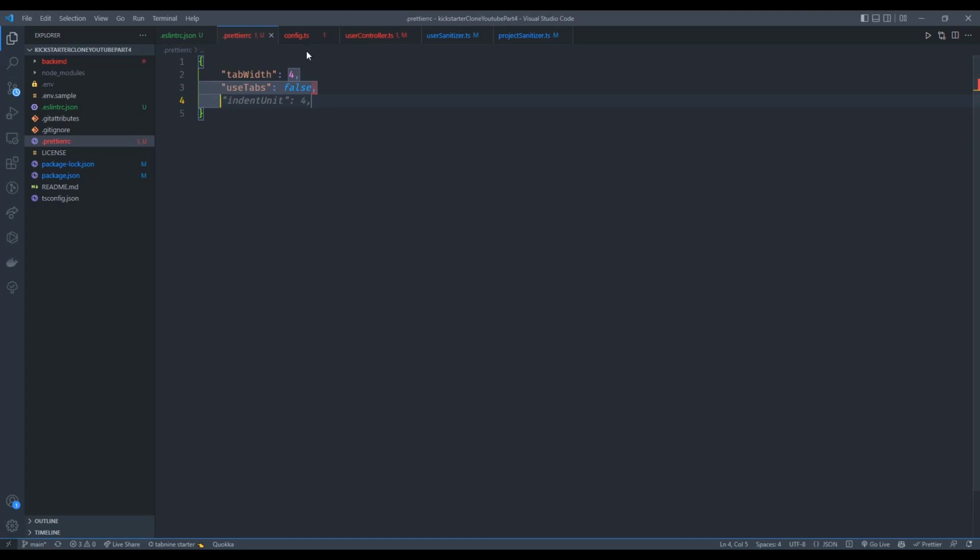But if we were to use tabs, let's go with 4 spaces per tab, so it wouldn't overwrite what we're doing currently. So just a fallback method. We're going to have semicolons to be true, single quote to be true, end of line is going to be just auto,